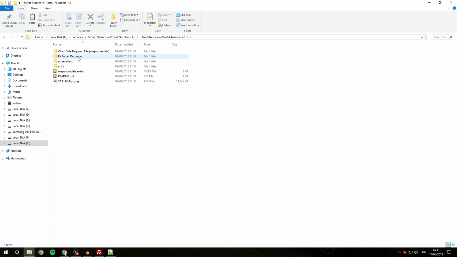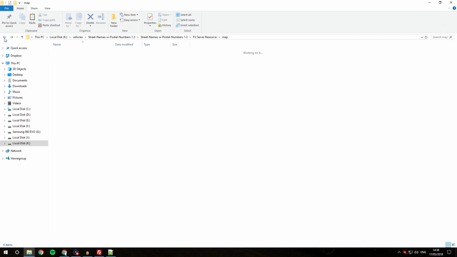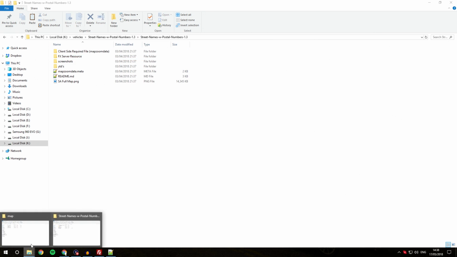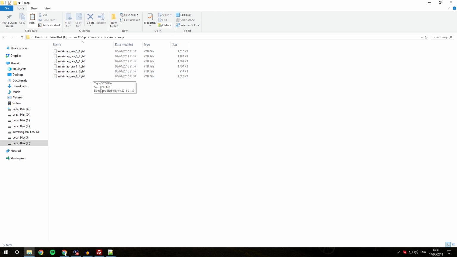Now you can see this one comes with its own FX server resource, map, stream, and obviously this all is pretty much the same as we have. However, you kind of want to put it in your assets folder because you have it all in one place. You won't have to add as many things into your FiveM server. So I recommend putting it in, as I have just shown you, quite simply into the map folder that we already have in our stream, in our assets folder. And that shows you how to install custom map files into your FiveM server so they can be streamed